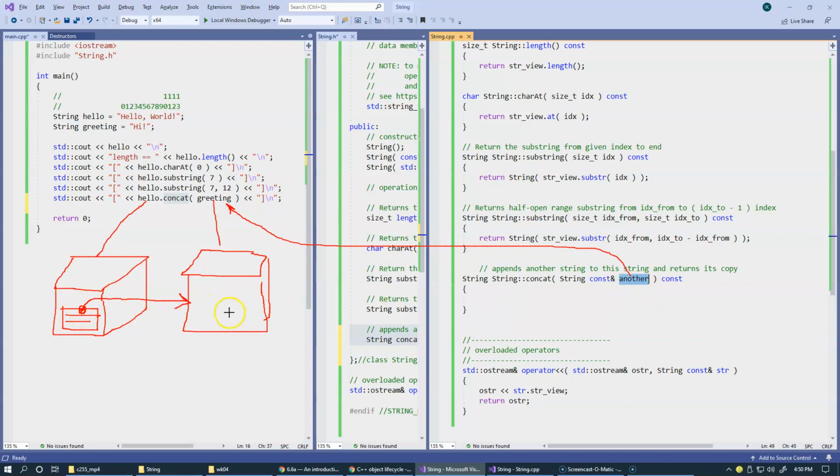So in terms of what needs to be done to implement this function, we need to first calculate how big the new string should be. Of course, it's the length of this string plus the length of this string plus, I think, also a little character for null terminating string if we want to produce a new string. So we're going to do this manually, and once we produce this new string with a 0 terminating character at the end,